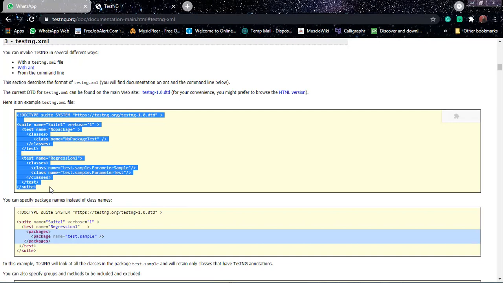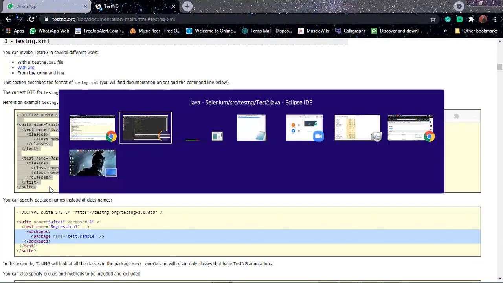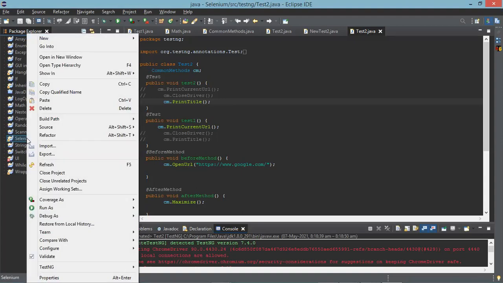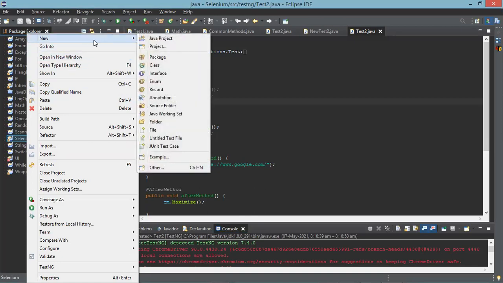Go to your Selenium project. Right click on the project Selenium, new, add file. You select file.